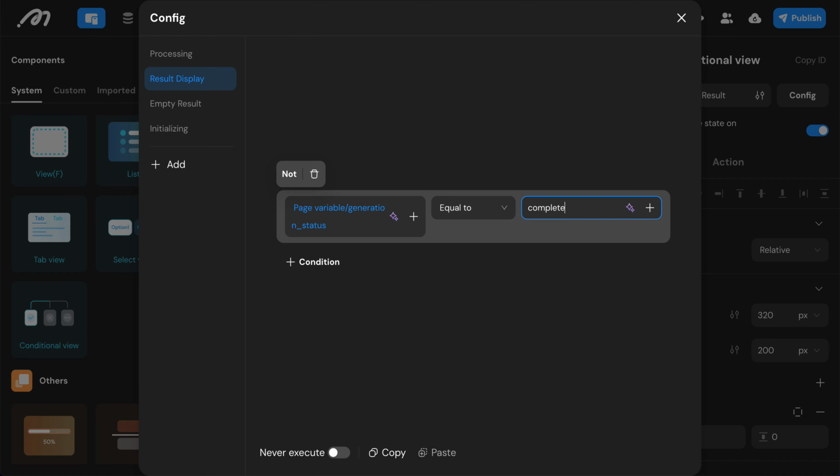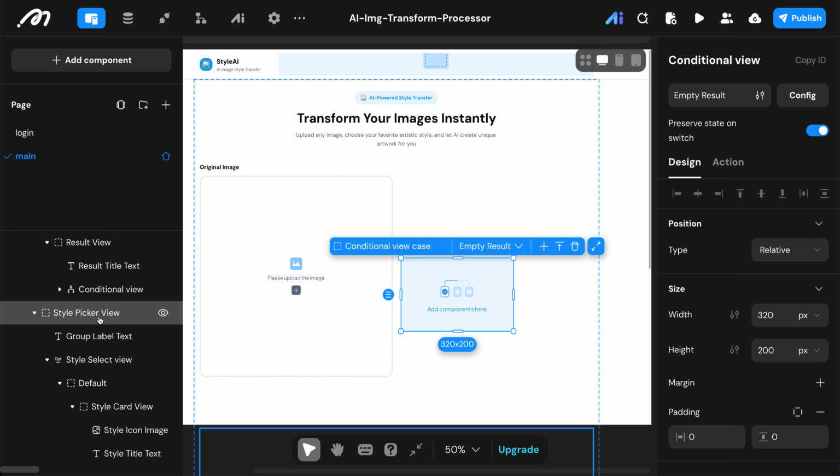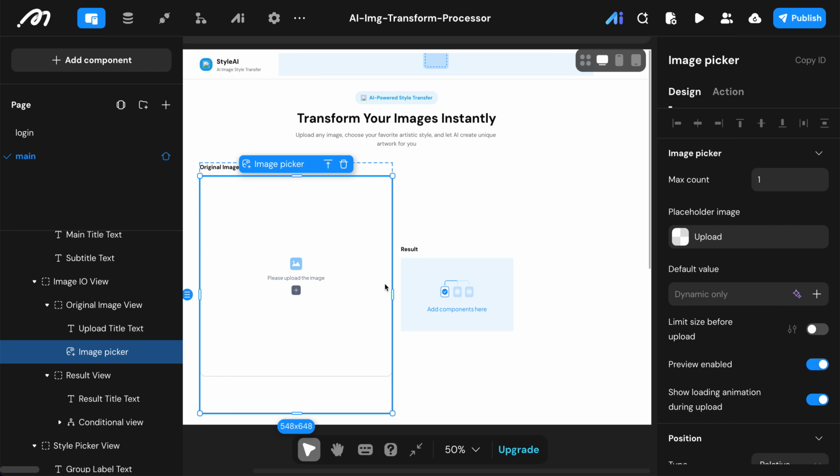Now when there is a result, the condition is that this page variable equals completed. Okay, and with these conditional view components,